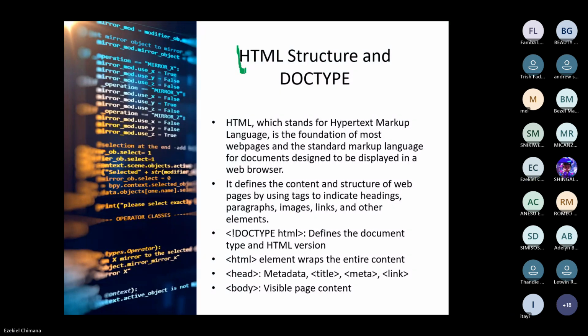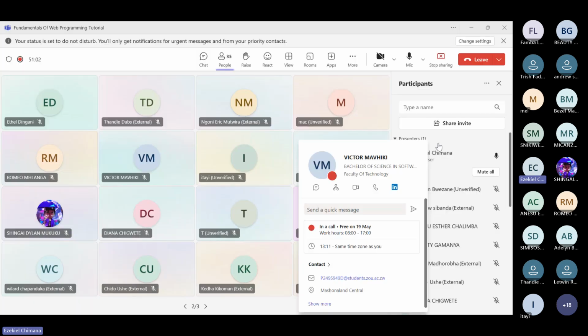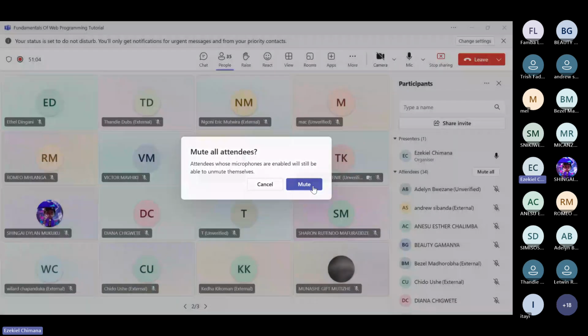So can you make sure that we are all muted, guys? Okay, so